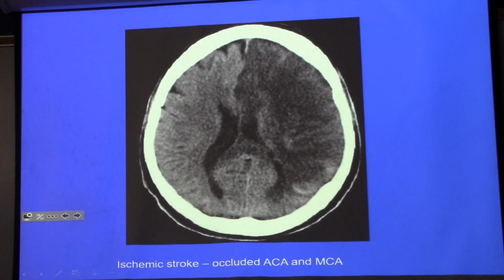Excuse me. Now, here is a picture. This is a CT scan. And you can see, okay, well, there's a lot of darkness out here that shouldn't be. That is an area of reduced density because it's had its blood supply cut off. So this is from an occluded anterior cerebral artery and middle cerebral artery. And the way we know that is because some doctor went in there and looked and they found the blockages. But this is what an ischemic stroke might look like